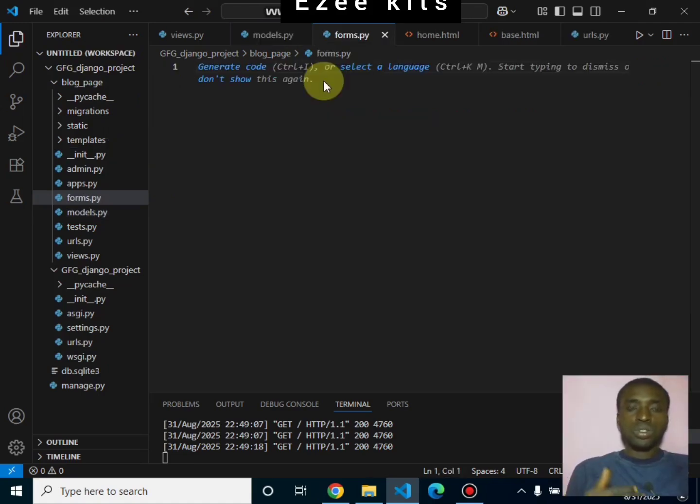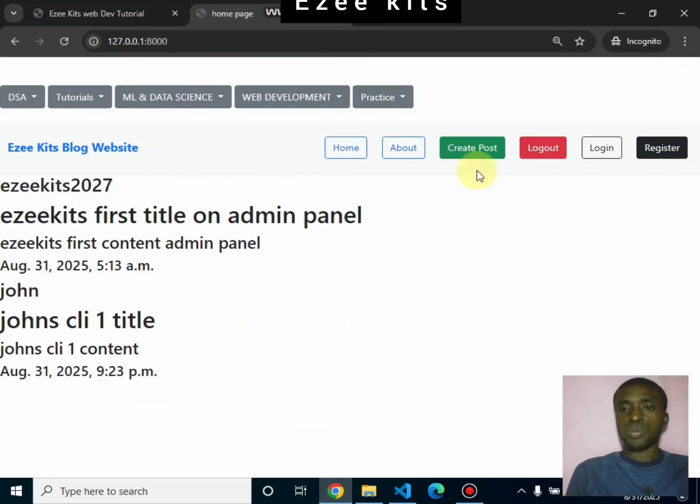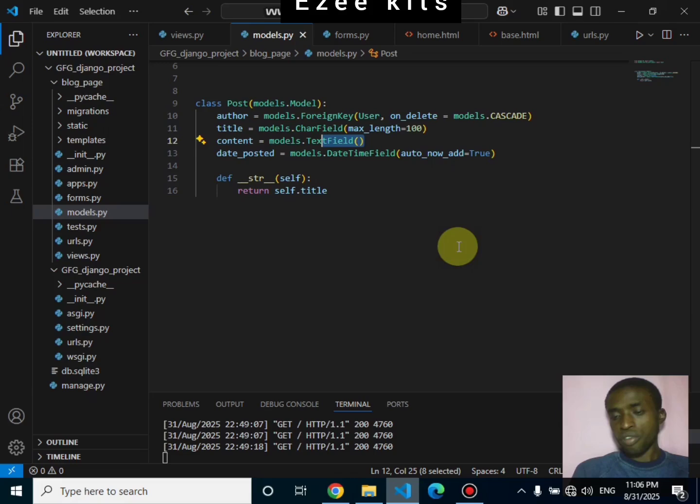This is where we're going to work on the form for our post. When we go to our blog and click on create post, we actually get the title and the content where we can set it. But the problem right now is that even though we have created a post form that somebody can enter,